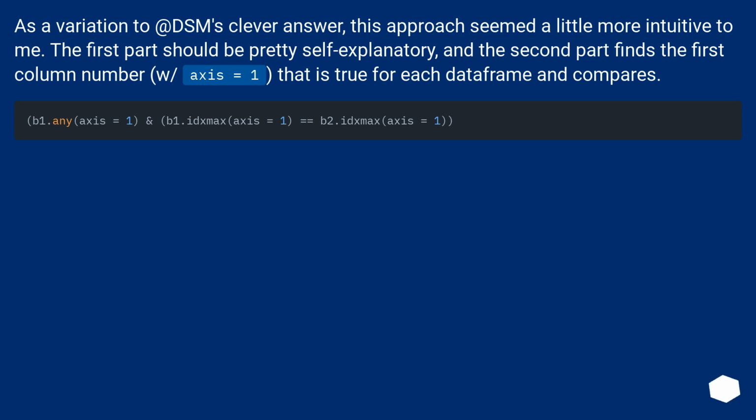The first part should be pretty self-explanatory, and the second part finds the first column number, with axis=1, that is true for each data frame and compares